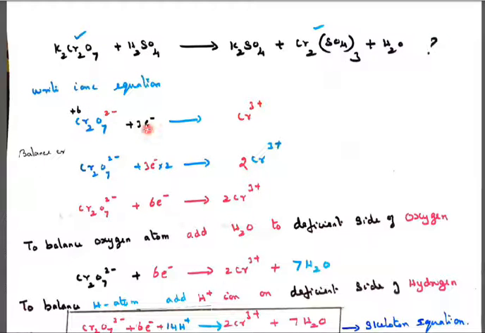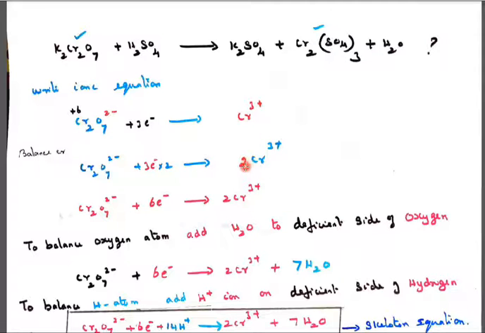This is the rule: find the difference. Suppose here 4 plus and here 2 plus, or here 2 plus and here 4 plus, the difference is 2. So on which side should we put the electrons? The 2 electrons should be put on the higher oxidation side. Only then will it show whether that reaction is an oxidation or a reduction reaction. So here chromium 6, here chromium 3. The difference between 6 and 3 is 3. So 3 electrons are put on the side of the higher oxidation number. But here there are 2 chromium, but here only 1 chromium.